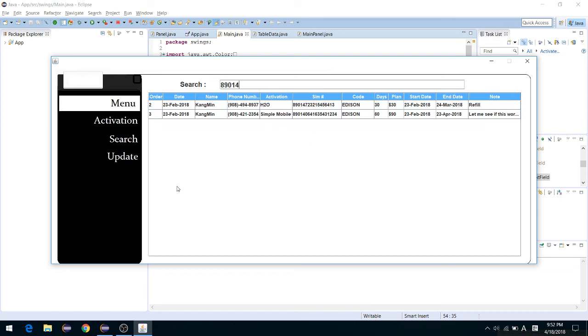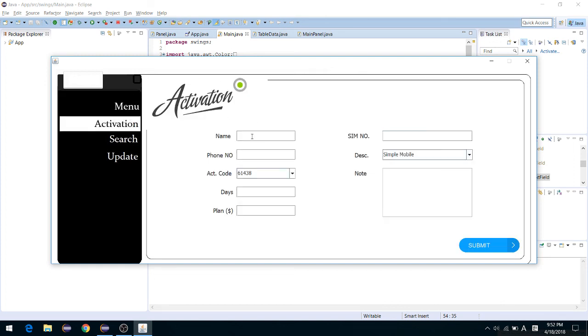I simply made it for my friend who was working in a different place. And this will be activation, where you put the name, the same number. It usually starts like that. The phone, same number, and phone number, and so on. This is the type of service they're going to use, and the activation code, that's not really important. Days, how many days they're going to use. Plans, how much they're paying, or I can simply add